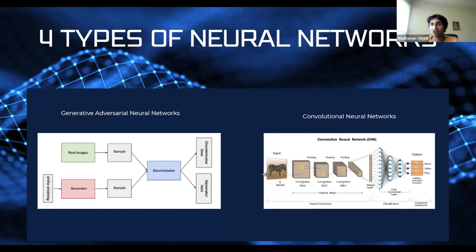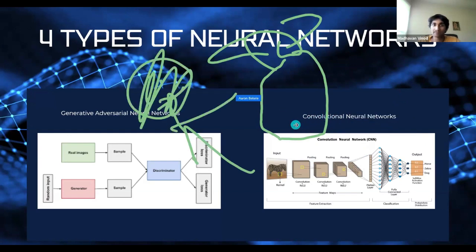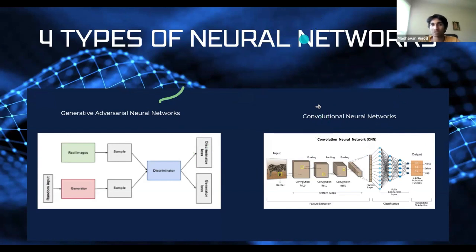In many cases, if you know a lot about dogs, you can even identify the specific breed of the dog. If you know a lot about an NBA player, just by seeing them you're able to identify the NBA player. So in the exact same way, a convolutional neural network is able to identify anything around it. And it's this convolutional neural network that really gives AI its eyes. It really allows an AI to see outside. It really allows an AI to see everything that's going on. So that's a convolutional neural network.